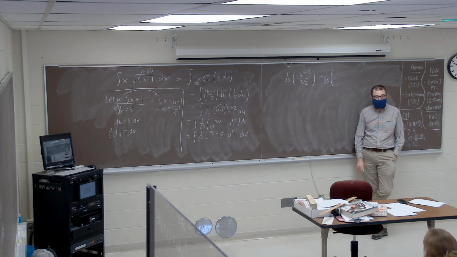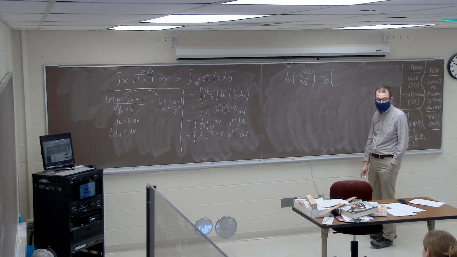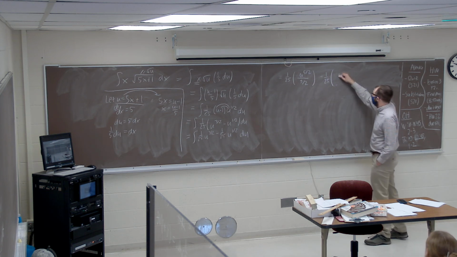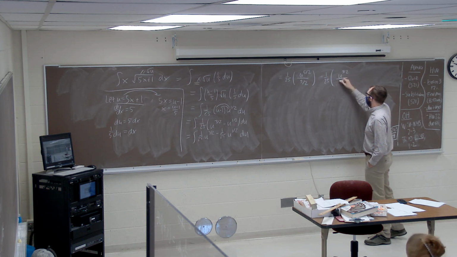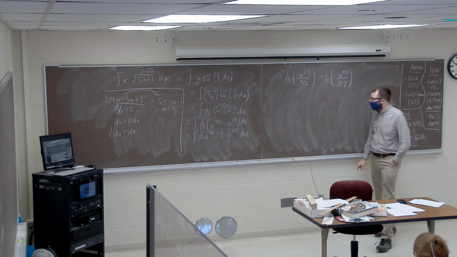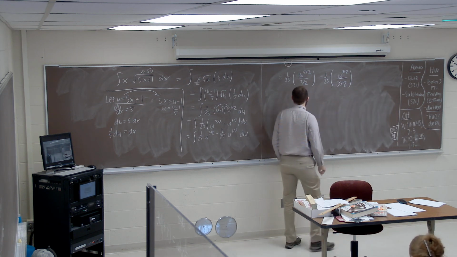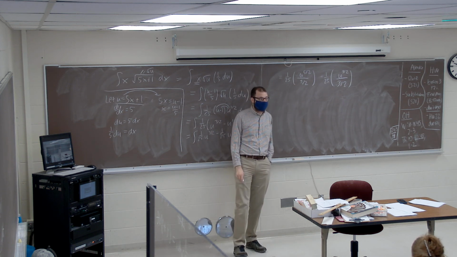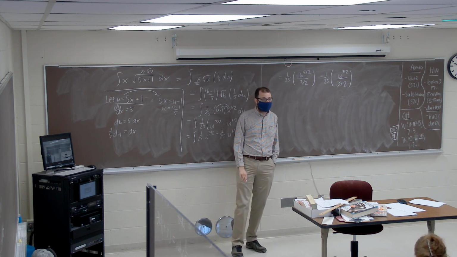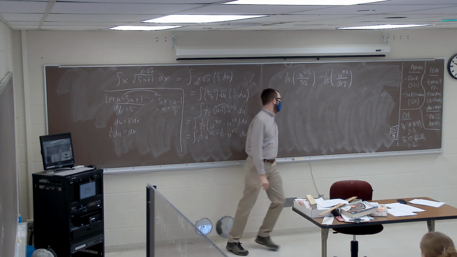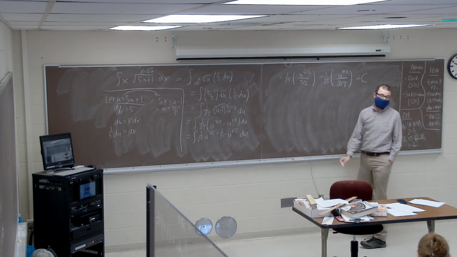Cecilia, how about integrating u to the 1/2 power? So the 1/25th is pulled out, so you would do u to the 3/2 divided by 3/2. I like it. U to the 3/2 divided by 3/2. So our indefinite integral comes out to 1/25th u to the 5/2 divided by 5/2 minus 1/25th u to the 3/2 divided by 3/2, plus a constant, because it's an indefinite integral.